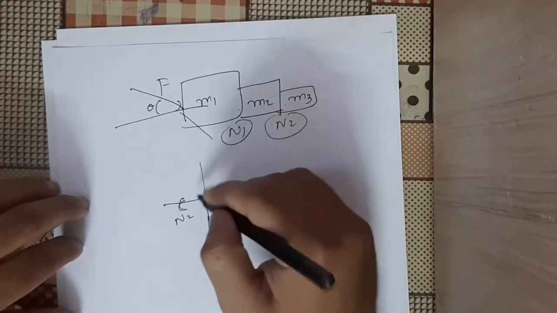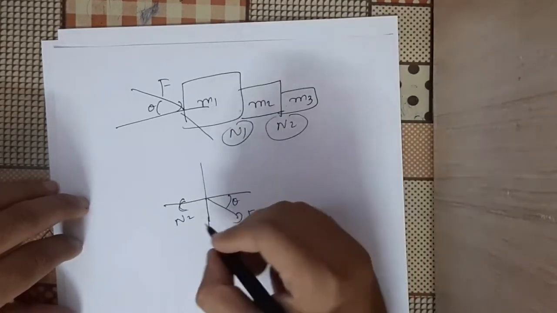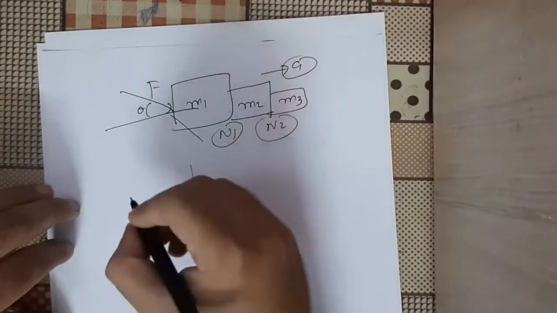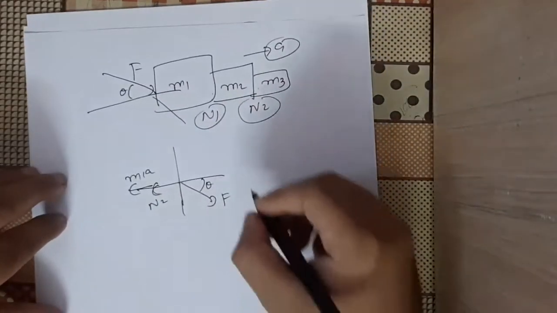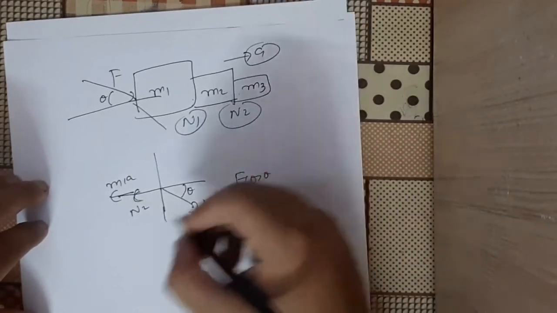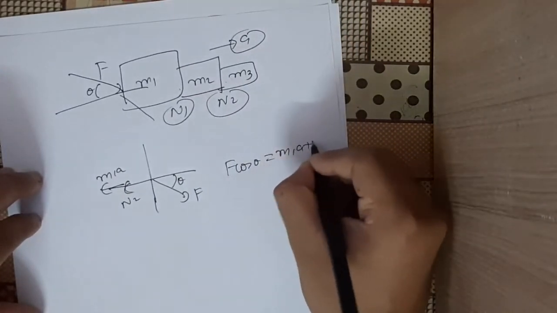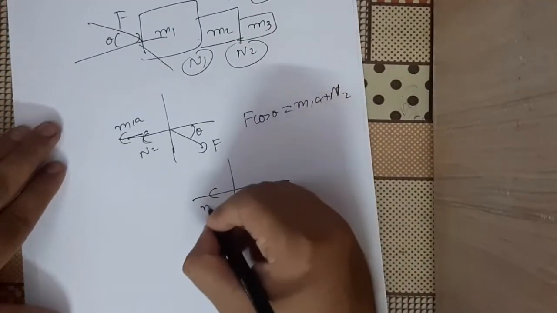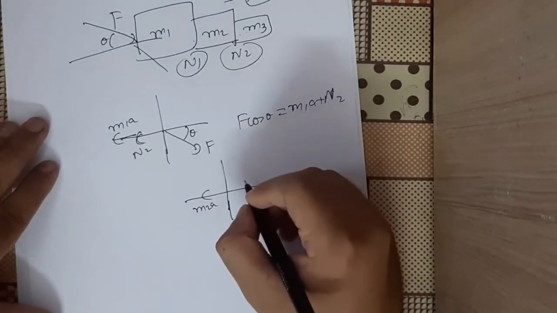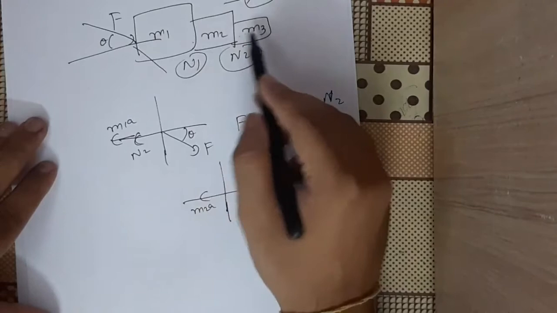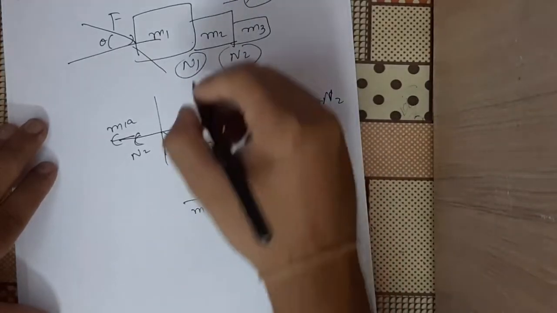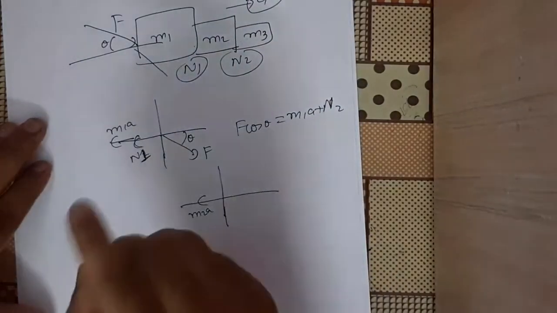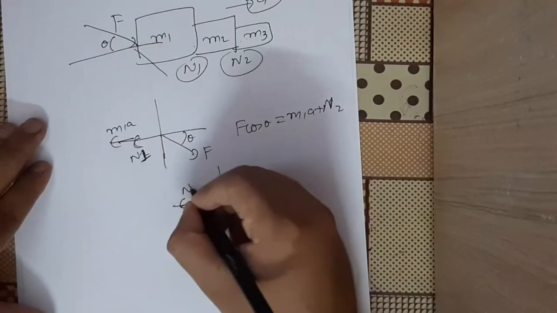So we can directly say N2 will be here, then there is a force F which is making an angle theta, and then let us say that there is an acceleration of the body A in this direction. So there will be m1a here. So you can write F cos theta, which is the x component, is equal to m1a plus N2. Similarly, you can write the equations for m2 and m3 as well. For m2, you can say that there is m2a in the backward direction, and this is due to the acceleration. Then there will be N1 and N2. Okay, so this was N1, between these two it was N1, not N2. So N1 will be here, then there will be N2.